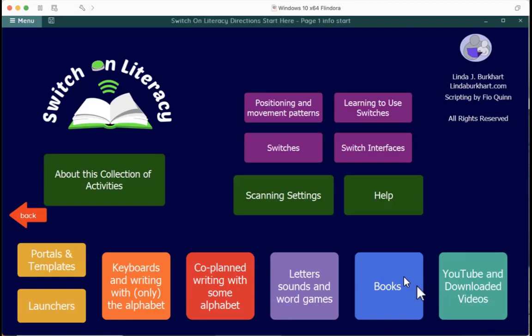There's sections about books that children can listen to, watch, interact with, and even create their own books, as well as accessible YouTube and downloaded videos so that they can explore content related to what they might be studying in the class. If I go back to the portal, by clicking here, you can see